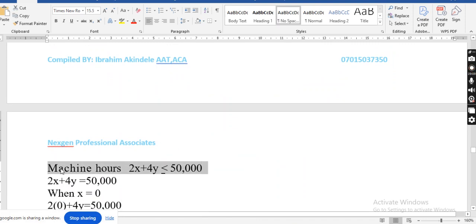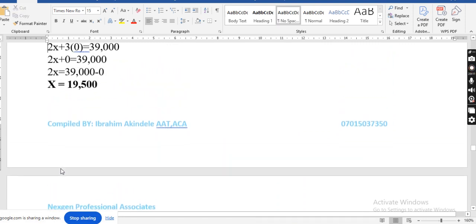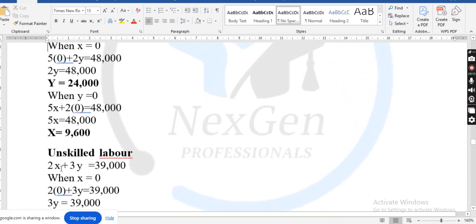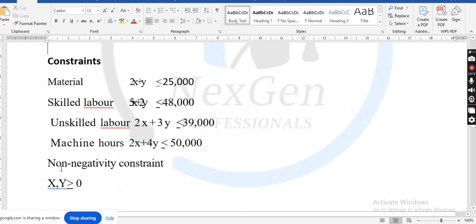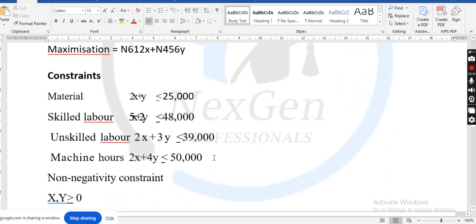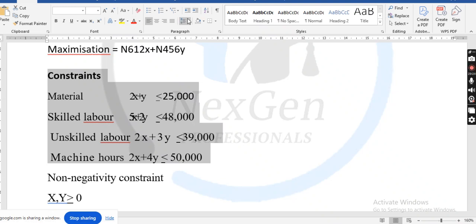Now, the question is, how will you plot the graph? What you need to do is, since these are your constraints, from these constraints, you can pick